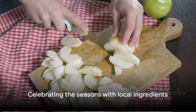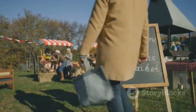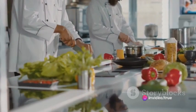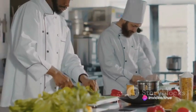This recipe is more than just a meal. It's a celebration of the seasons. It's a testament to the beauty of local produce and the power of community. It's a reminder that no matter where we are in the world, we can create something beautiful from the ingredients